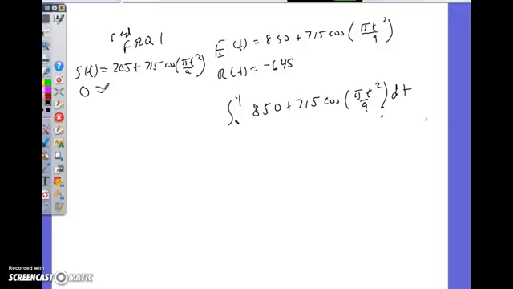205. Or I have a calculator on my desk, and one of the skills I'm supposed to be able to do is find the zeros. Don't try this by hand with cosine of pi T squared over 9, because you're not going to be able to do 205 over 715, arc cosine, then the pi and the T squared. You're going to lose it somewhere, right? So you throw it in your calculator. They say that if you do that, you're going to get 2.309 and 3.559 as the two choices. Now, that's not the only place I need to check. When else do I need to check? I need to check the bounds. I need to check